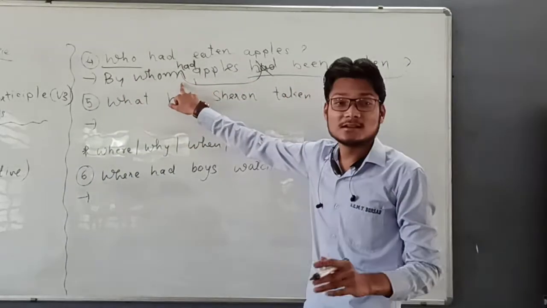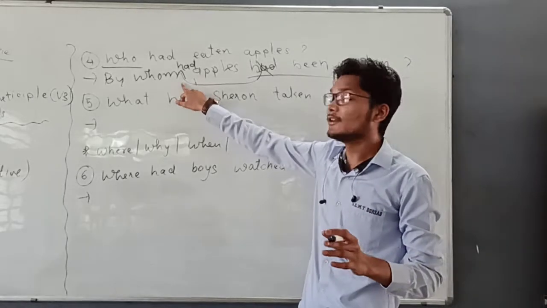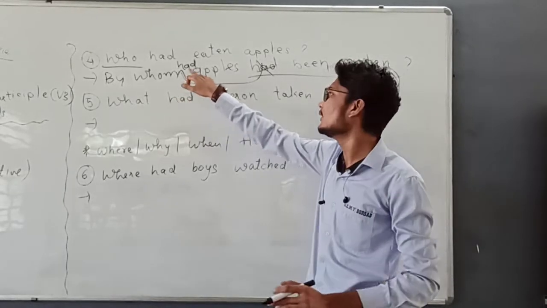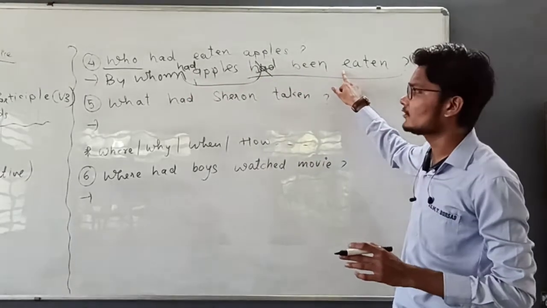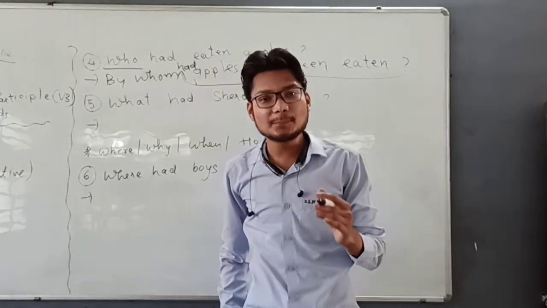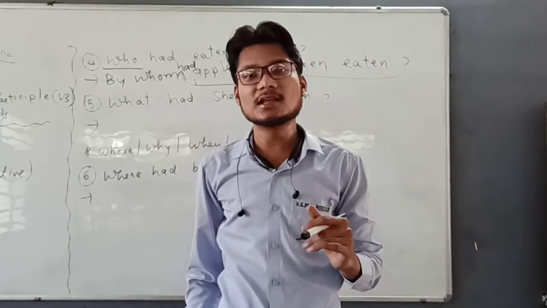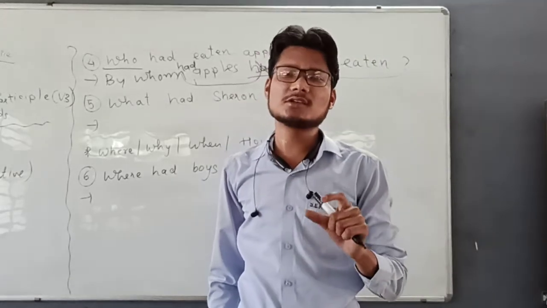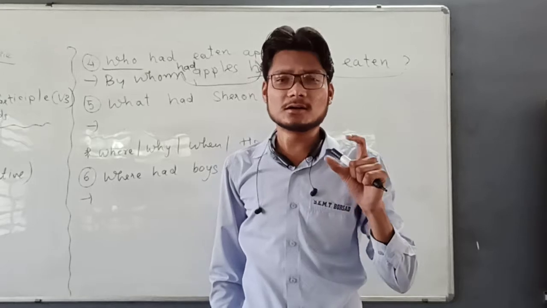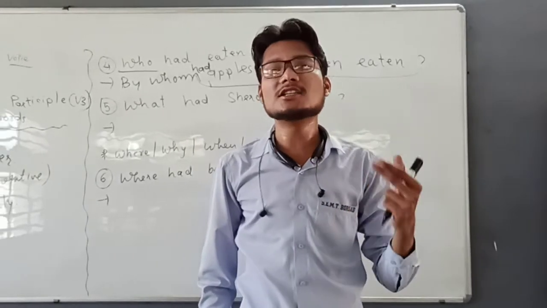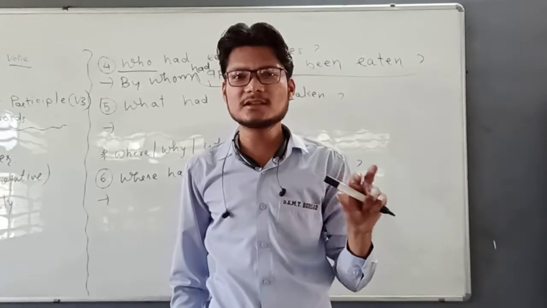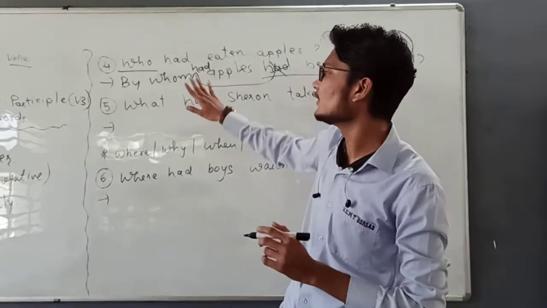Just to keep you awake, I made a little mistake. But yes, correct it. If you want to make any question, the "had" should be at the beginning, and then you have to follow this kind of structure. By whom had apples been eaten? So this is how the answer will go. It is a kind of correction that you have to do yourself. When we continue our classes, definitely we will discuss some more sentences regarding this.